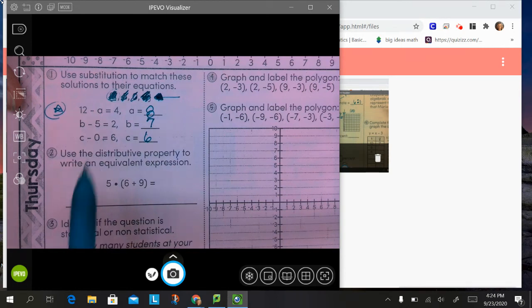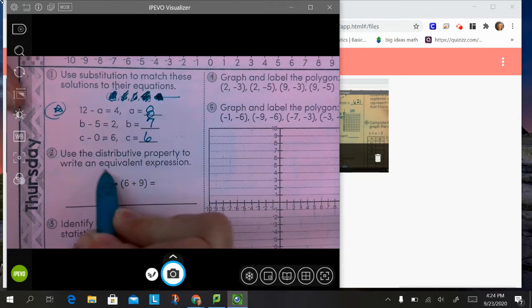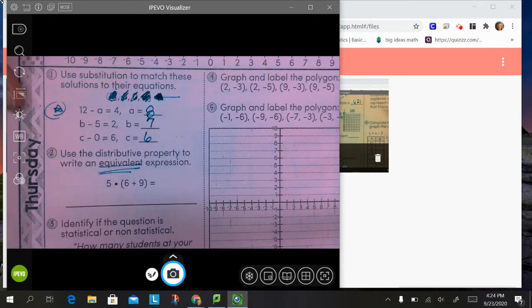All right, good job. Take a look at number 2. It says use the distributive property to write an equivalent expression. An equivalent just means equal, so it's kind of like the same expression. That's all it means. And now they have this other word here called distributive. Now, the distributive property, or to distribute, means like to distribute things like if you're a football player,